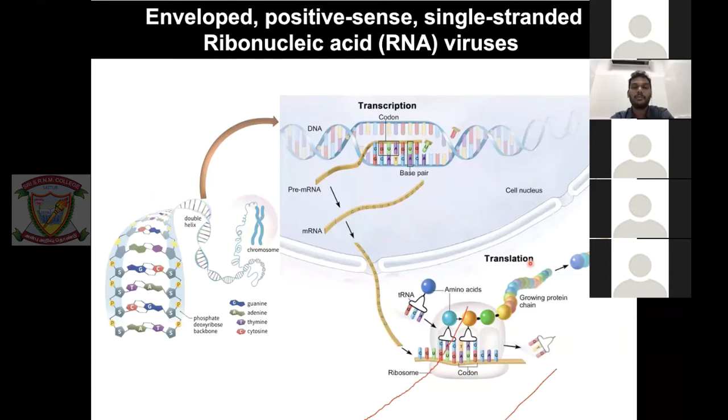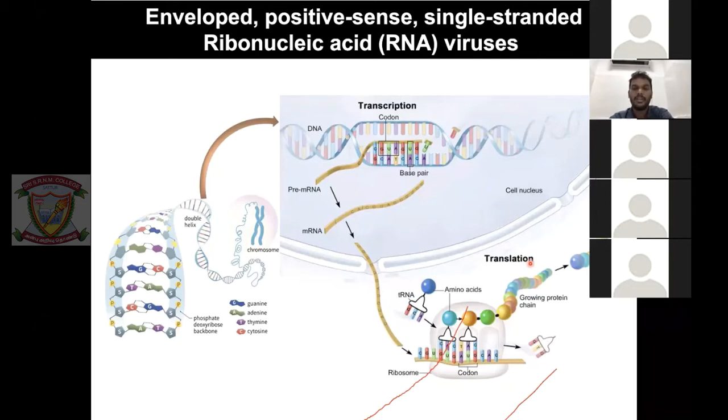For example, enveloped, it is easy to understand. It is like a ball where the virus material is packaged into a ball. So that is why it's called envelope. And there is something called single-stranded ribonucleic acid that you all know. Ribonucleic acids are single-stranded. That makes sense. So it's an RNA virus. What is something in positive sense in here?